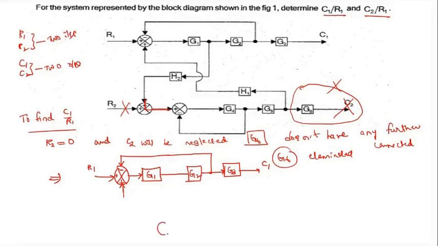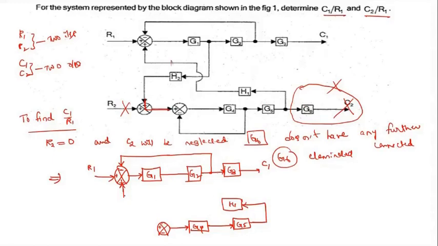Here I will take one more summing point. It is plus, minus. Here it is G4. I have written this summing point, and after that G4, then after that G5. Then it goes directly to H1, because you should not write G6, as it is eliminated. Because it's an open circuit. So H1.